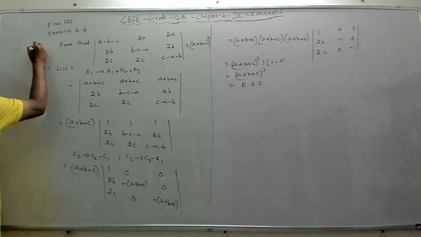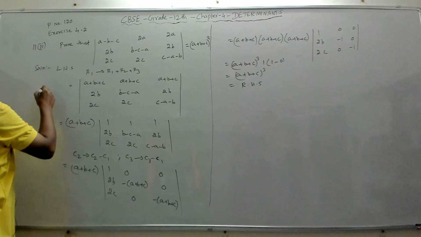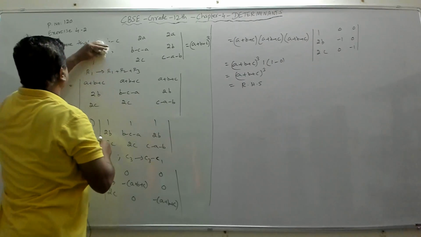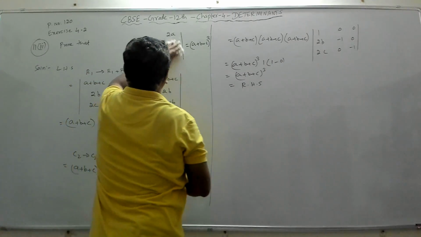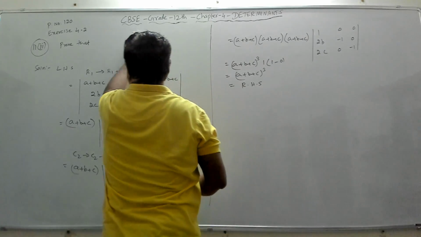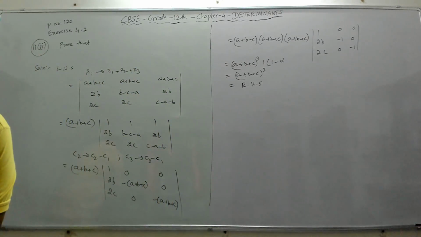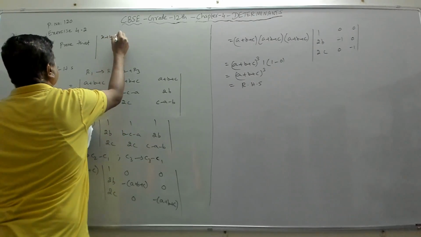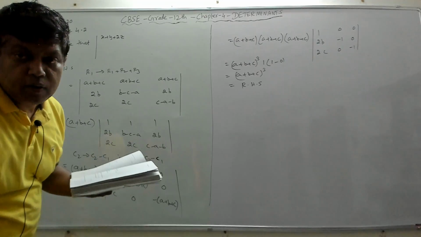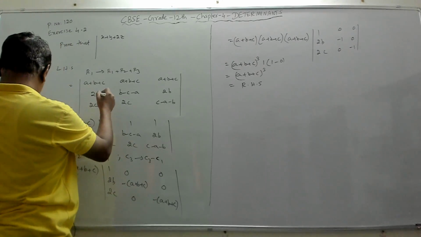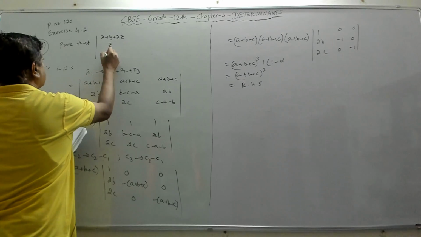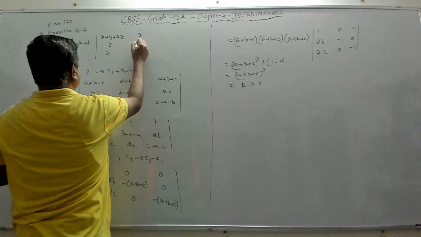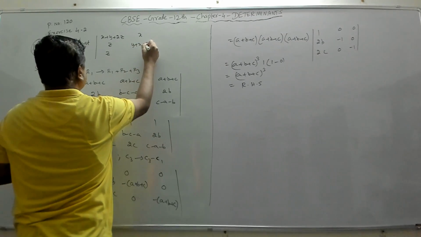The 11th problem, second sub problem. Question number 11, second sub problem. It says prove that the determinant x plus y plus 2z, y, z; then x, y plus x plus 2z, ...